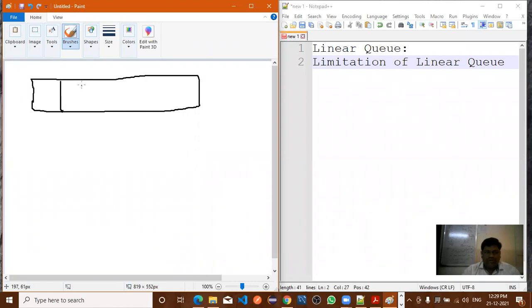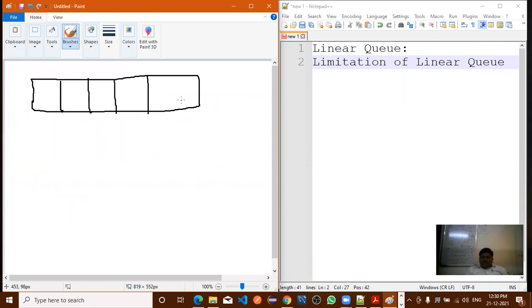First element, second element, third element, fourth element, and here is the fifth element, right? 1, 2, 3, 4, 5 elements if you want to insert. Now in a linear queue, we can insert elements until the queue becomes full, right? Once the queue becomes full, we are not able to insert any element.